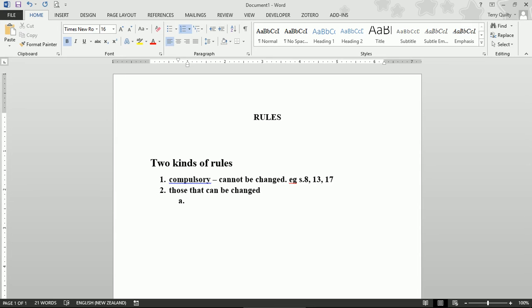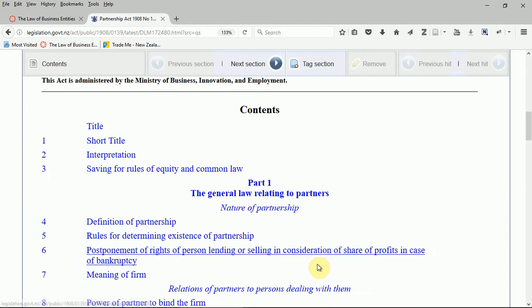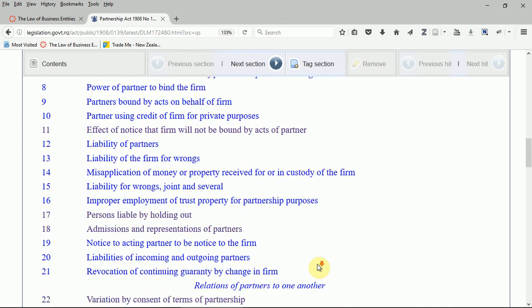Now, how do you know? How to tell the difference? It uses words such as subject to any agreement. Now, if we look at, in particular, those sections around about 20 through to 27,